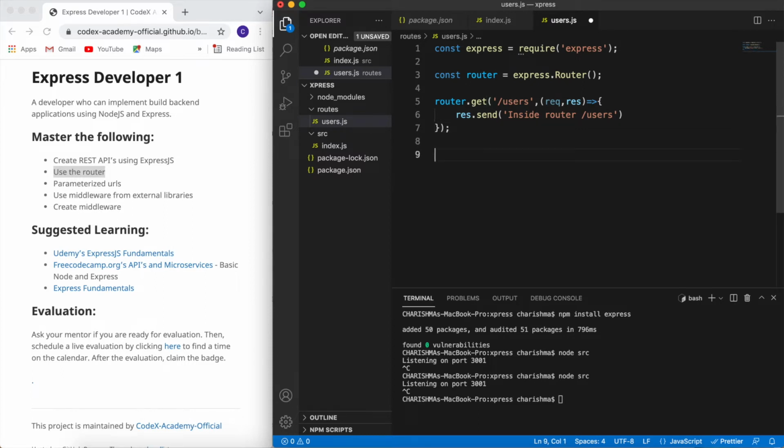Okay, and we also have to module.exports this router. And now inside